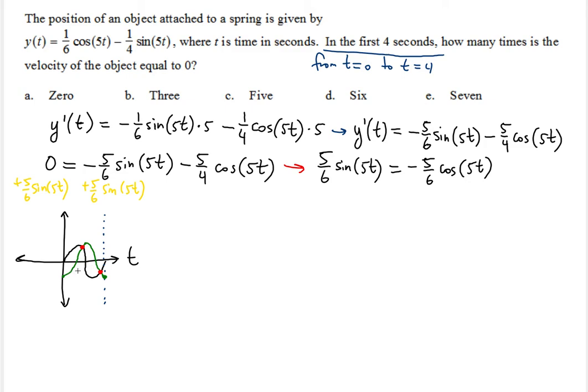And we don't know, and this period is what? It's 2 pi over 5 seconds, right? So one complete wave is 2 pi over 5 seconds. But 2 pi over 5 seconds is smaller than 4 seconds, right? So we have to find the number of intersections in the period from 0 to 4, because it's definitely going to be more than 2. So to find that out,